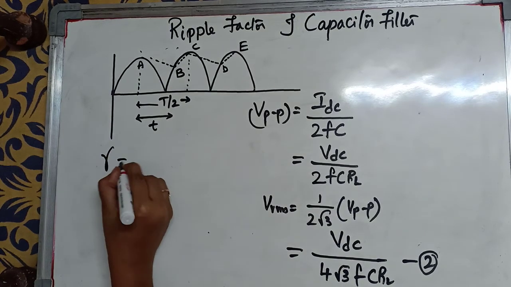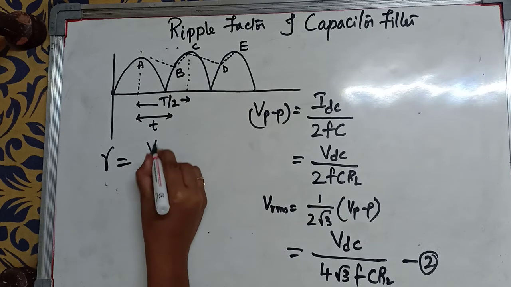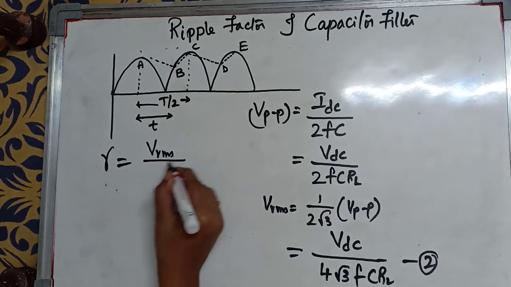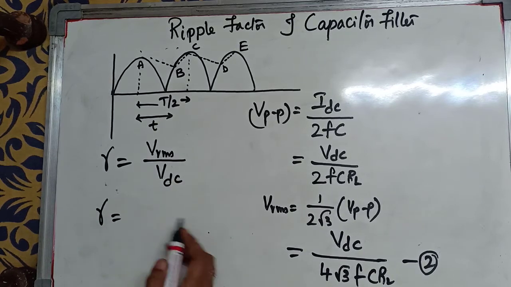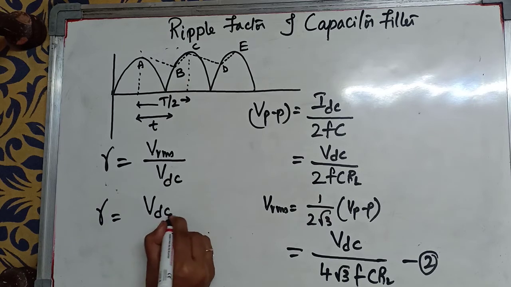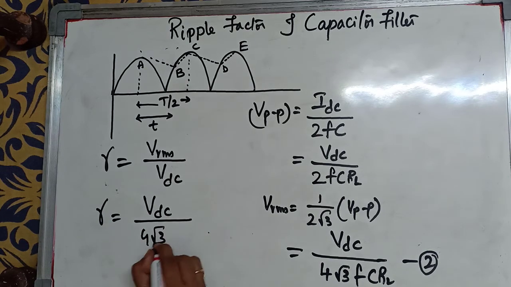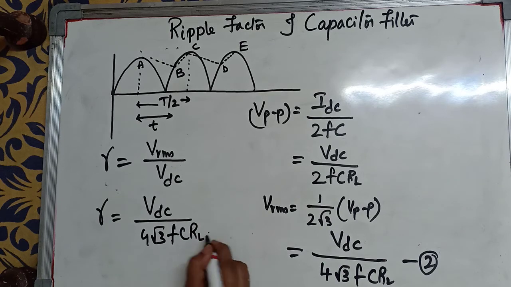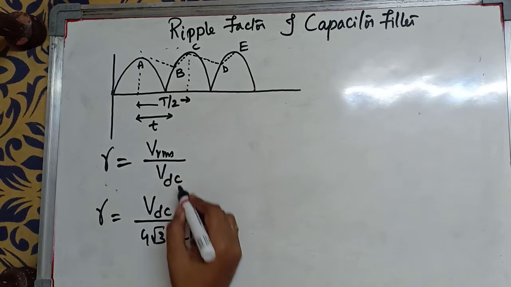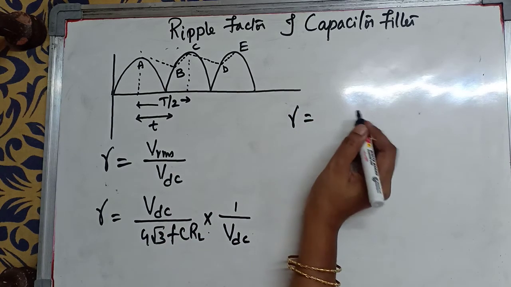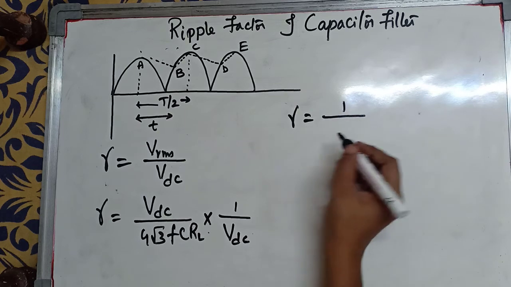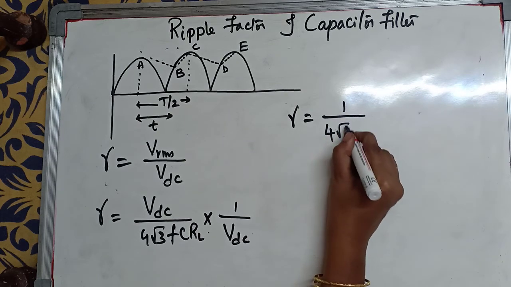Now the ripple factor, we know that it is given by the RMS value of AC components VRMS by VDC. So if I substitute this VRMS value in this equation, I get VDC by 4 root 3 FCRL multiplied by, here we have 1 by VDC, so we write it as it is 1 by VDC. So this VDC will get cancelled. So you will get the ripple factor for capacitor filter as 1 by 4 root 3